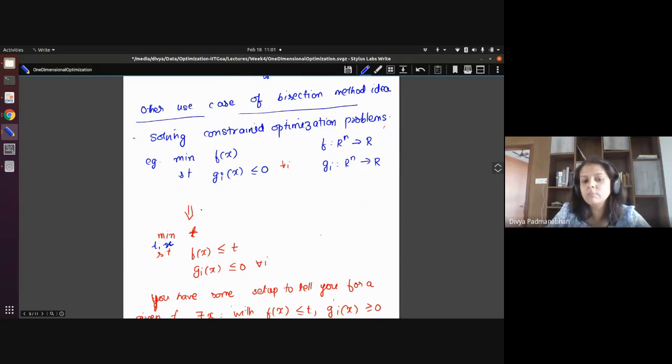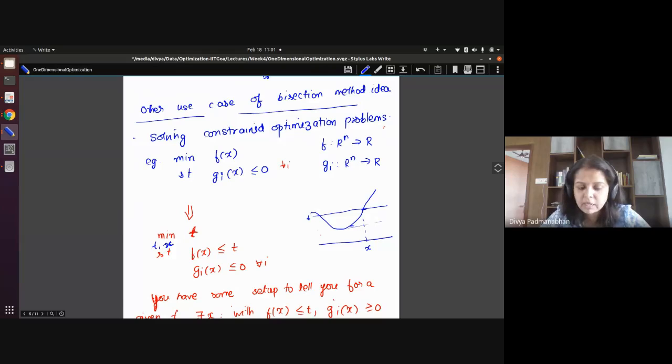A quick check on why this is equivalent: suppose the function is of this form, and suppose you fix this as your t, and the x's are in this range. But you can make this t even smaller by choosing something here. This would be the corresponding x for this t. If you choose something here as your t, then you can get a better value. It gets minimized. That's why these two are equivalent.